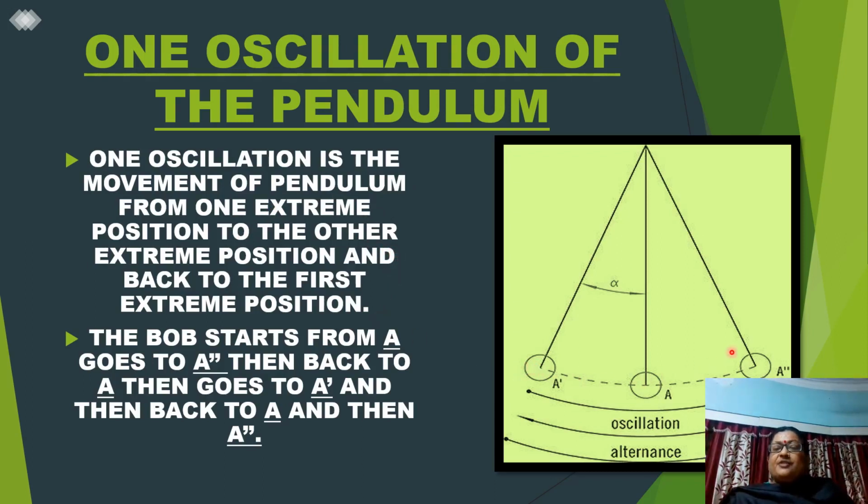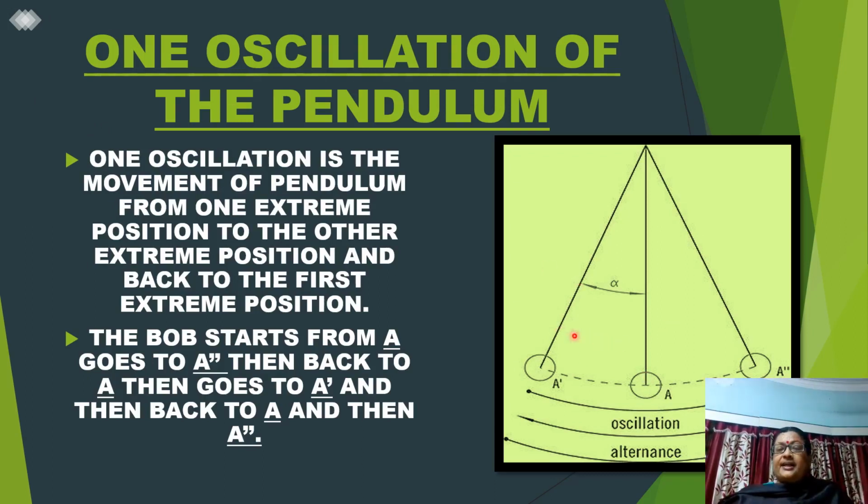One extreme to the other extreme, that is the second extreme, and coming back again to the first extreme. This thing that is starting from here, going, coming back here, is one oscillation. Now, in terms of the position I have written, we start from A, go to A double dash, or we go to A dash, and then come back again to the